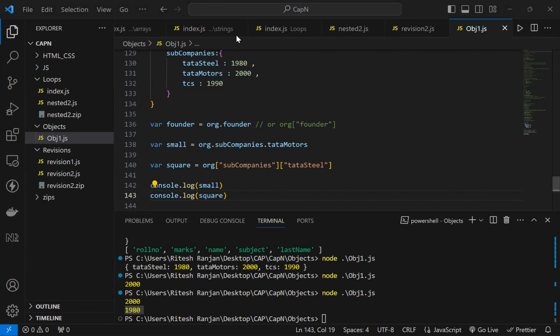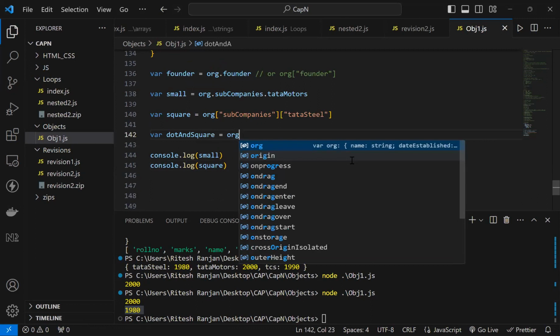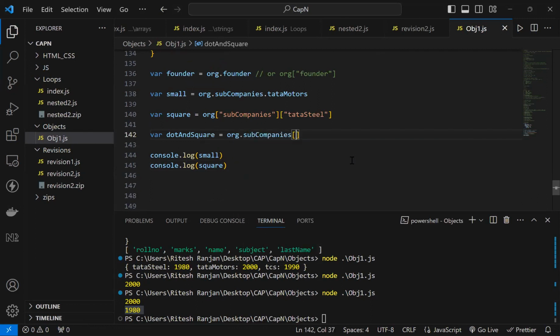ठीक है. One of you guys asked a really good question. Let's say I'm trying to, let it be there and let me name it dot and square, right? So let's say कि I'm doing sub companies and then I'm trying to do something like this. Should this be a valid syntax? Makes sense, right? So by doing this, we are accessing the sub companies, and by doing this, we are accessing